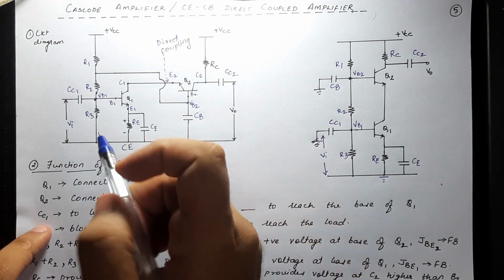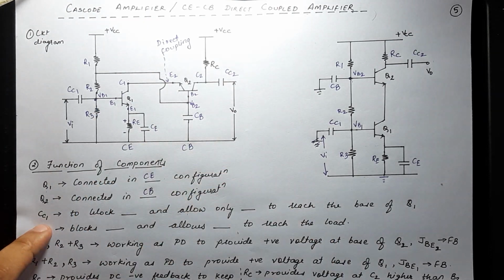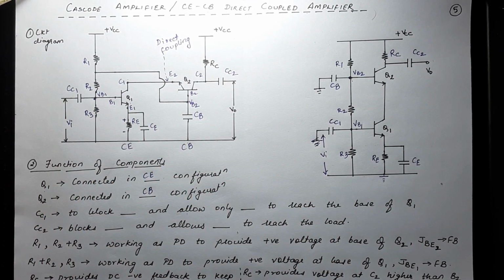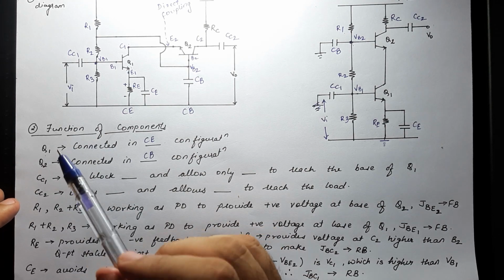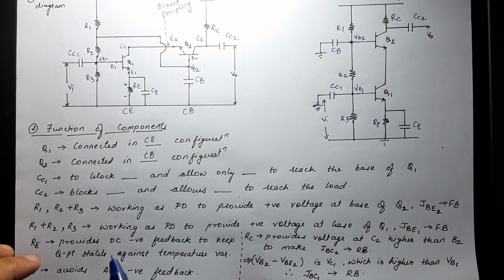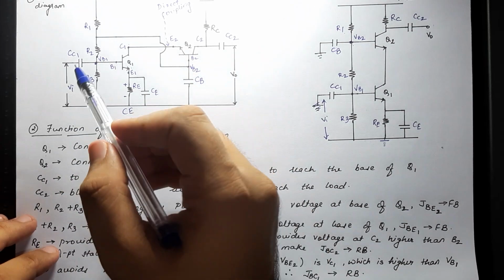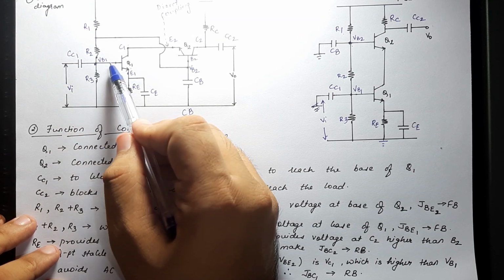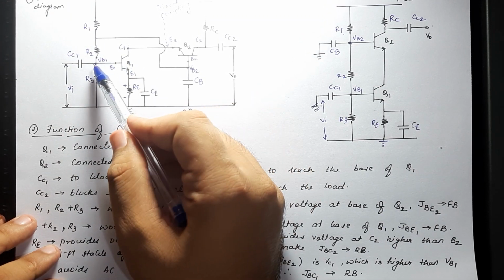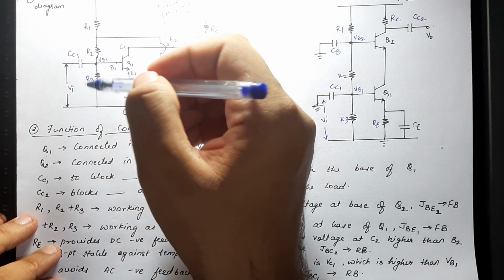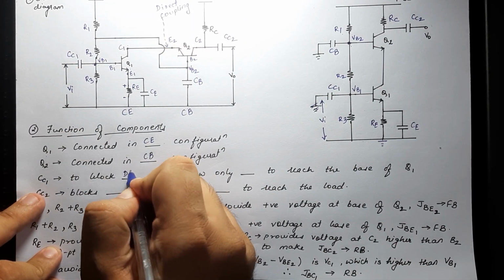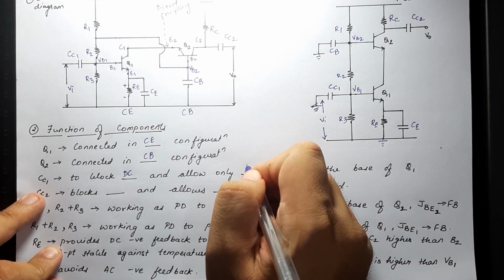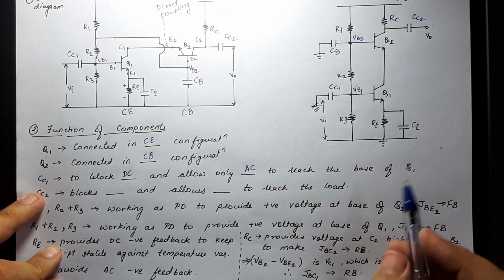Now coming back to coupling capacitor one, as we usually remember, the coupling capacitor is given that name because it needs to block the DC, and it allows pure AC to reach any part of the circuit. Here it is allowing pure AC to reach the input of the first transistor. C1 is, as for now, simply to block DC and allow only AC. I hope you are not confused as of now.